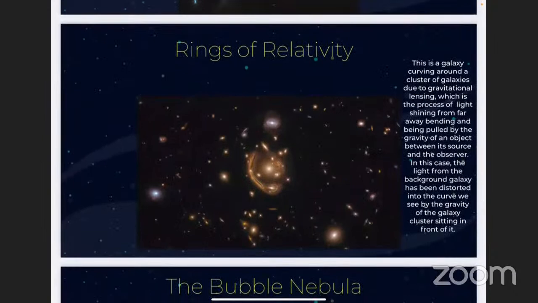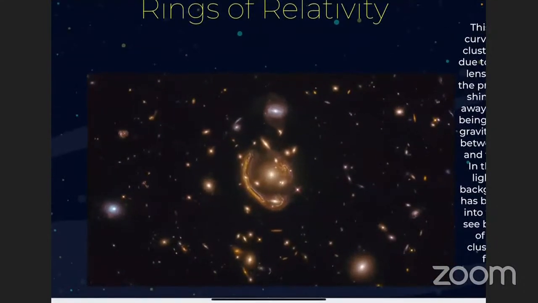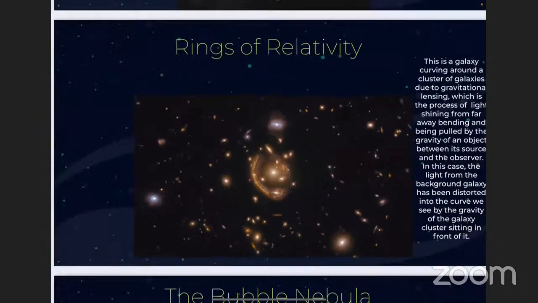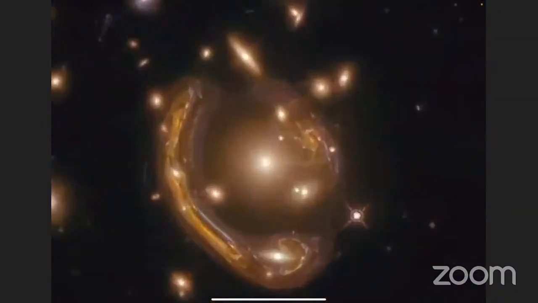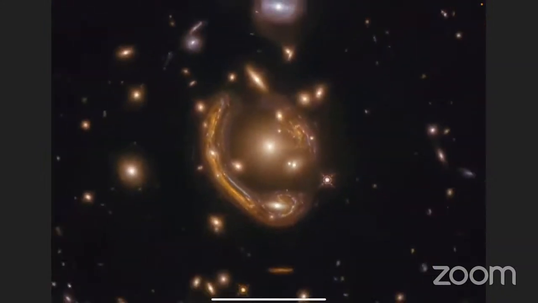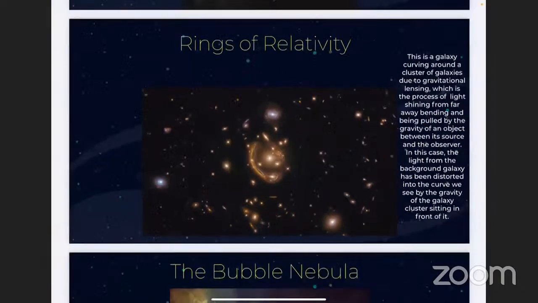And here are the rings of relativity. Basically, according to Einstein's theory of relativity, light is affected by gravity. So what we could see here is it appears as if a galaxy is bending because of another behind it. But what is actually happening is the light coming from the distant galaxies is bent by a cluster of galaxies right over here. It is so massive that it even bends light, because it does not bend light, it bends space. However, the light is traveling on space itself. So the light is affected tremendously.